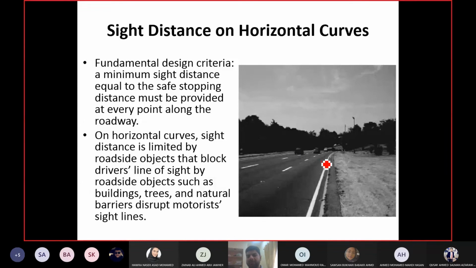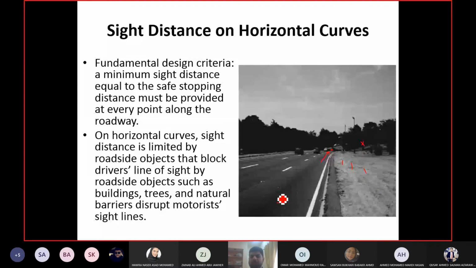So if I am this driver, driving here, and I want to see what object I have on this part of the road, then I have the tree in front of me. The tree is blocking my line of sight. I cannot see the other side of the curve until I clear the curve itself, and this is because of the curvature. If the road was straight, I could see this much distance, with no effect of the object on the side of the road. Whether the tree is here or here or here doesn't matter. But when I go on the curve, this object is blocking my line of sight.